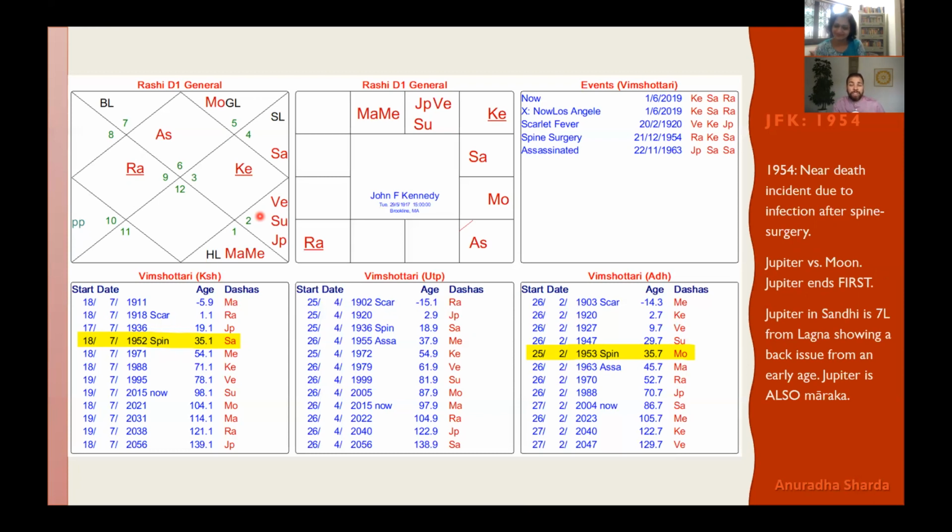So where do we see spine? Where do we see back? According to Maharishi Jaimini, I'm using Jaimini here. Jaimini is beautiful in this matter. He gives us a lot of good information. He says, look at the 7th house for the spine, and see either Lagna or Moon 7th house. I know there are other views on this, but I will tell you straight: when I use Jaimini, it is flawless. It's so easy.